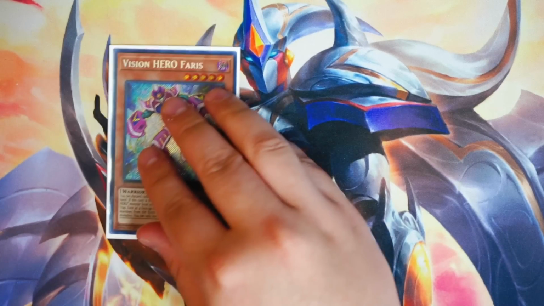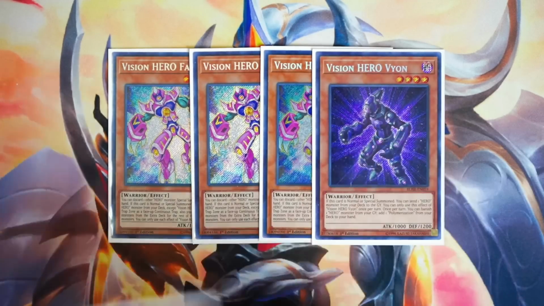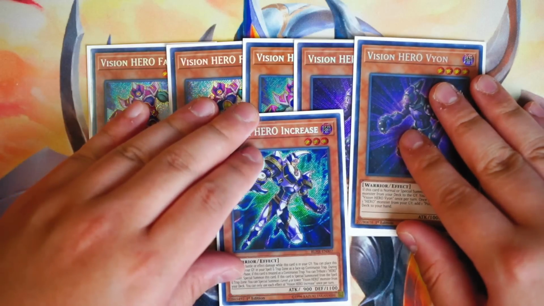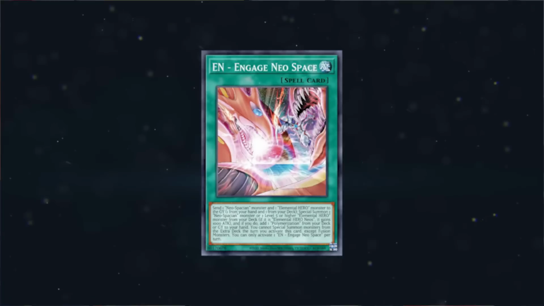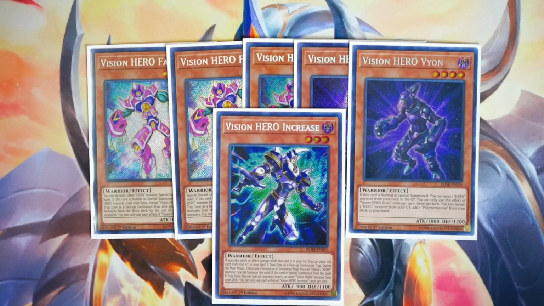Next up, for your Vision Hero package, you're going to play, of course, triple copies of Vision Hero Faris, 2 copies of Vision Hero Vyon, and last but not least, the 1 Vision Hero Increase. This is just an additional extender engine that you can play in the deck. The only issue that this deck has is that you're locked into fusions the turn you activate N' Engage Neo Space. So this right here is just such an additional fusion engine that you can get access to in